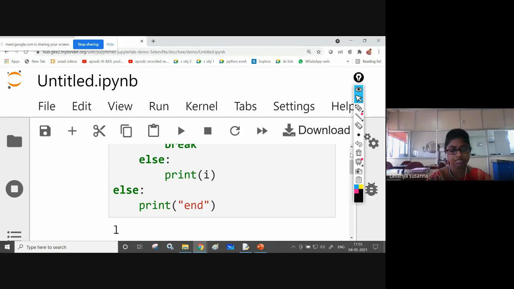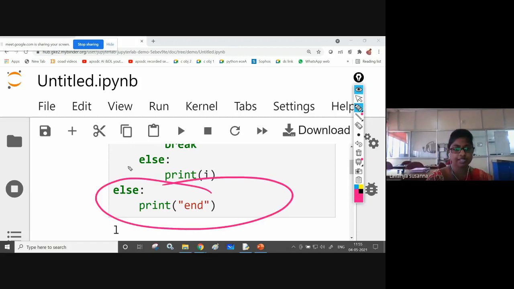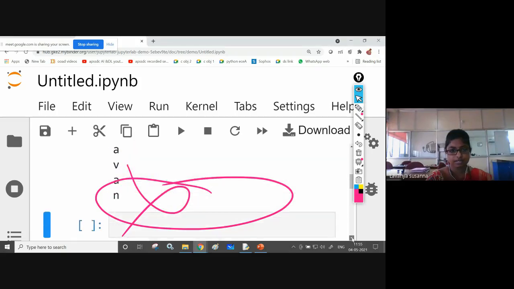That means control comes out of the for loop. Outside the for loop, there is an else statement, right? This statement will not get executed. See, end is not printed, right? End is not displayed.